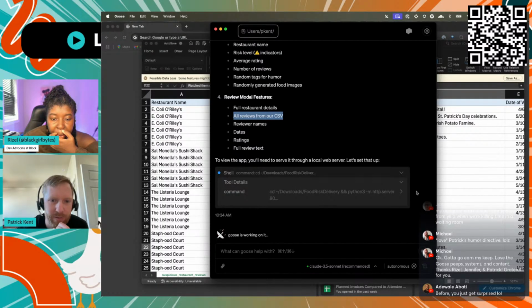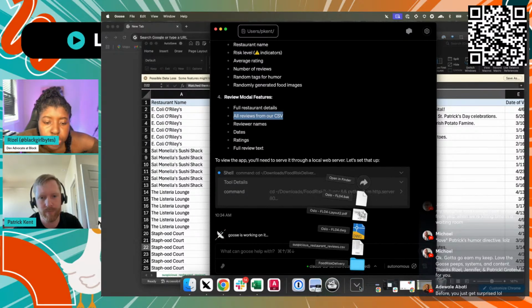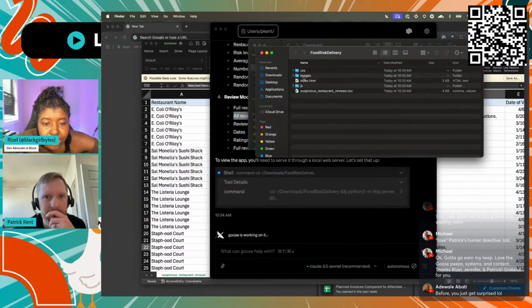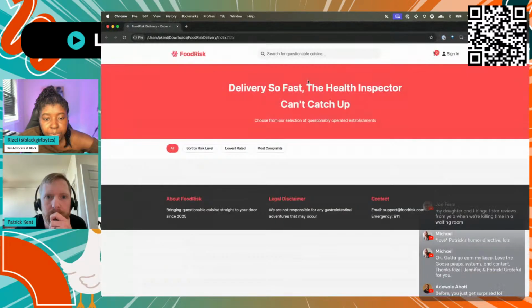Shell command. Oh, this might take a while. You might have to run it yourself. Sometimes that happens to me. But while you're doing that, let me go. You could also just open the file. That's what I was thinking. Just open it, right? You don't need to do that. We could just click the index.html and it should open up for you.